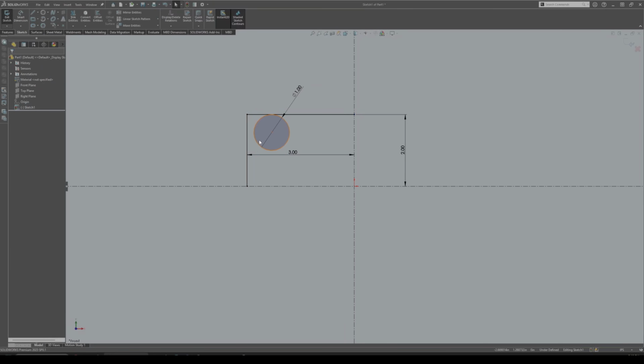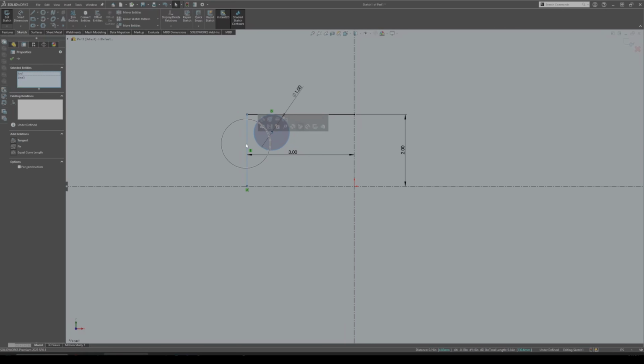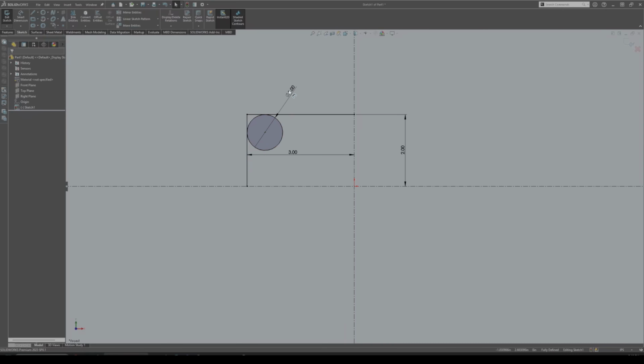What I'm doing to select both of these, if I click one, hold Control on the keyboard and click another one, you can now add relations to these two things that are highlighted. We can make these tangent. Now since the circle has a diameter and is tangent to these two lines which are defined, this entity now